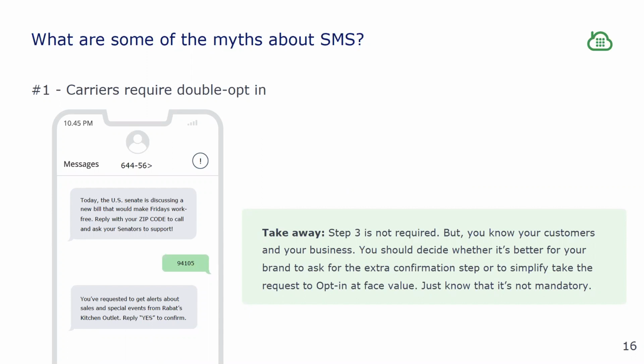Opt-in is a process where you get the end customer's consent to send them messages. That's the first step of any opt-in. A double opt-in is where once you receive the consent, you send them a message confirming their consent. So if you look at the example here, there is a consent that is in place. That's why you sent them a message. And then you ask the end user to reply yes to confirm.